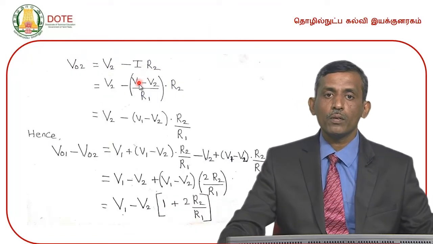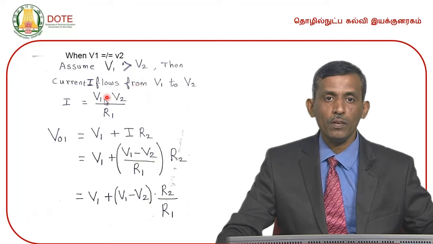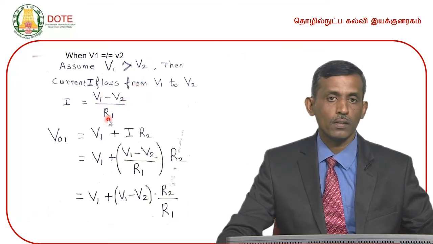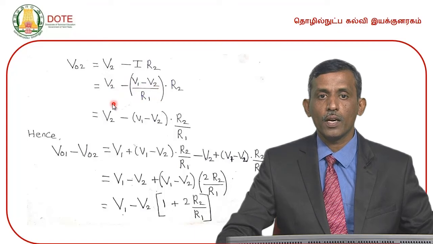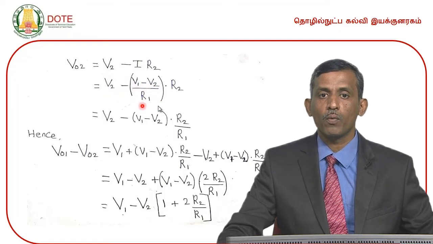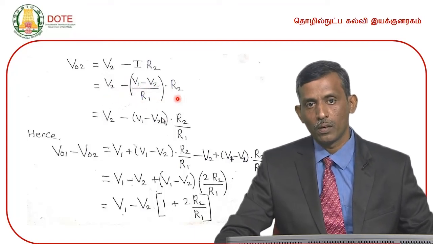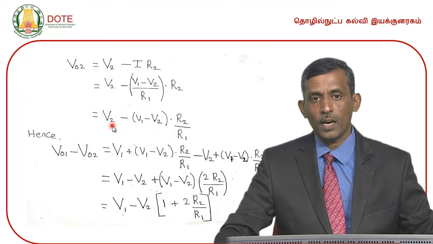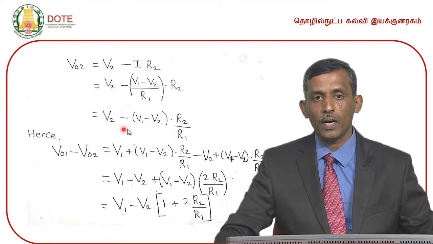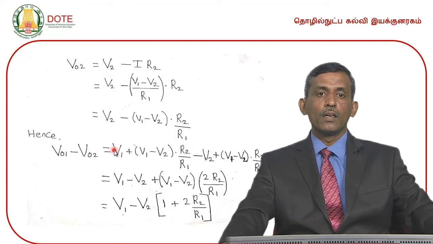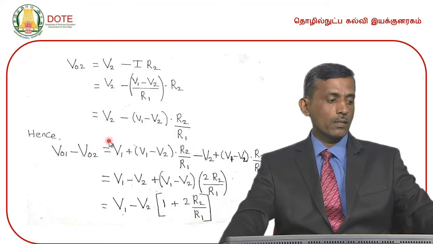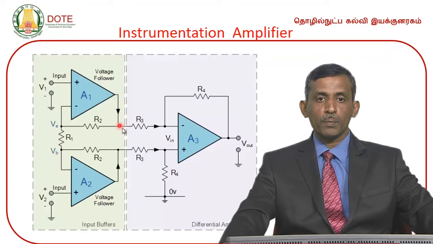So we know I. What is I? V1 minus V2 by R1. So substitute V1 minus V2 by R1. What do you get? V2 minus V1 minus V2 by R1 into R2. So it can be rewritten as V2 minus V1 minus V2 into R2 by R1, right. So we have got the expression for the potential at this point, VO1, and the potential at this point,